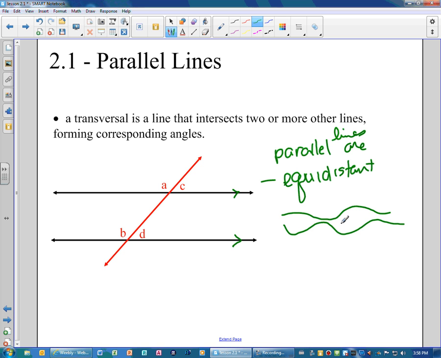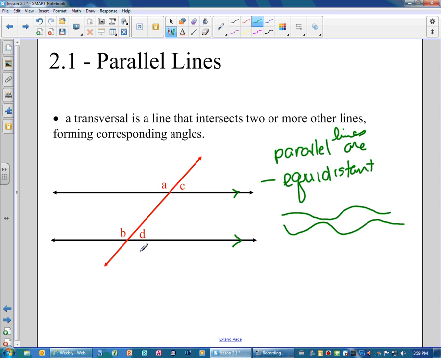Okay, those never touch, but they're certainly not lines. But you couldn't say here that the distance between the two lines is exactly the same wherever you go. So the definition of parallel lines is two lines that are equidistant from each other. Okay, so we've got these two lines here that are parallel, and then they are intersected by a line that